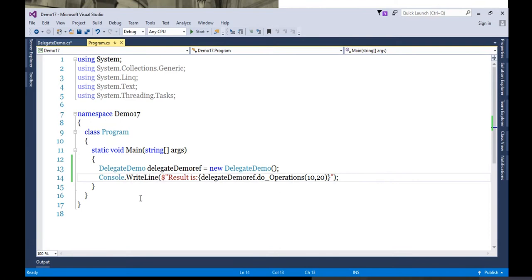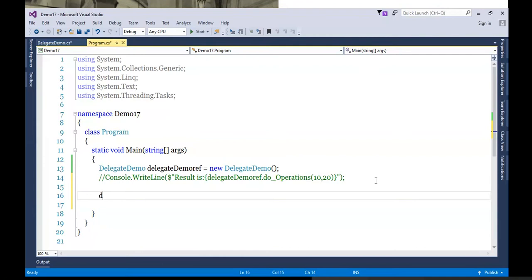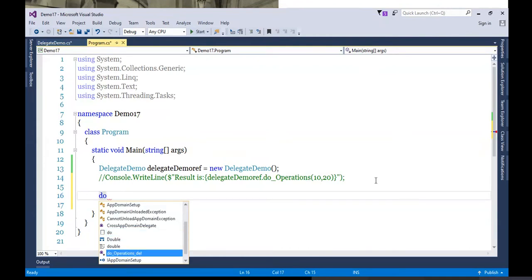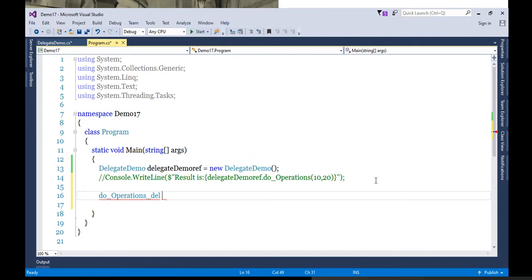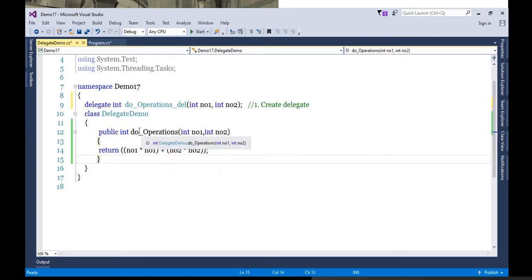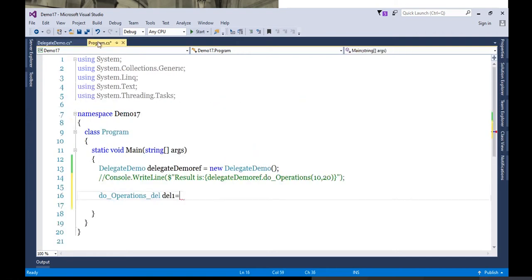Now let's go for step number two. What is step number two? We will instantiate that delegate. So DoOperationsDelegate, let's create a reference. delegate1 equals to. Now what do I want to store in this? Which method? This method, DoOperations. So how am I going to access this method in the main method using this reference?